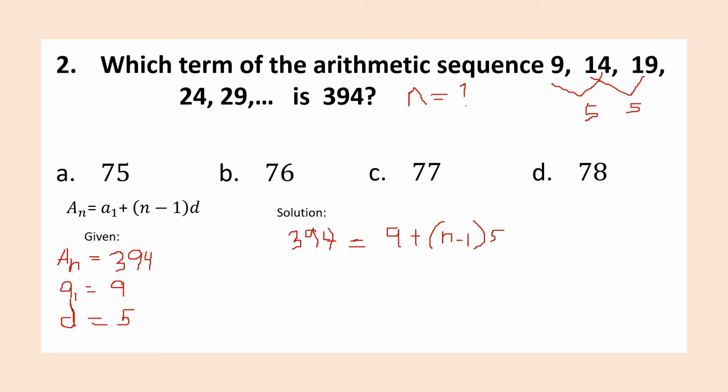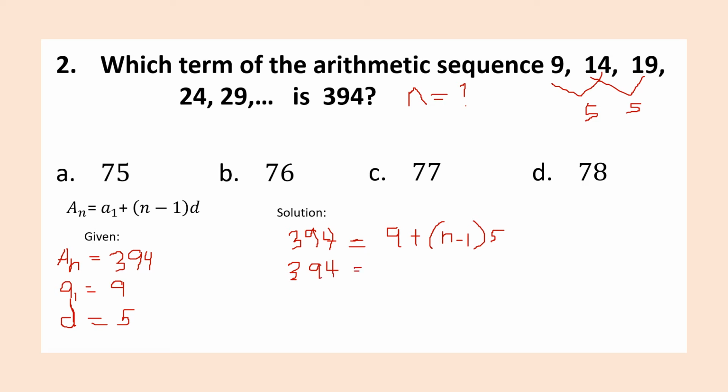Okay. Then, follow natin yung GEMDAS rule. Groupings, yung n minus 1, hindi na natin siya pwedeng pagsamahin. Then, walang exponent. Multiplication and division. So, may multiplication dito. Okay. So, i-multiply natin yung n minus 1 tsaka yung 5. Yung the rest, kopyahin muna natin. So, 394